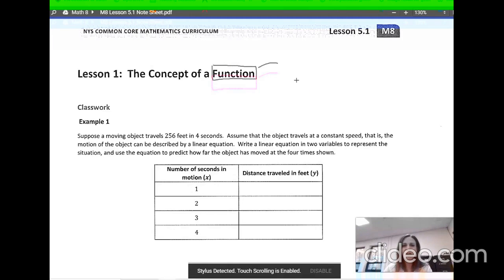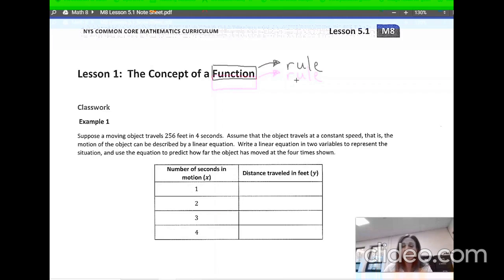A function is a rule. Okay, it is going to tell us what we're supposed to follow to find different values. Okay, but there's an important part of being a function. Okay, and a function, we say, this is like the technical definition, it assigns to each value